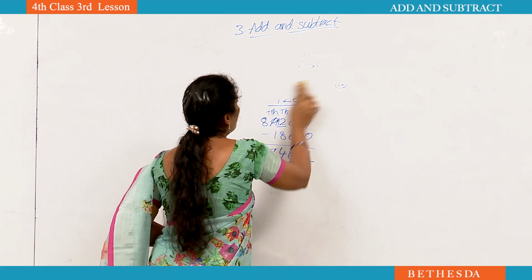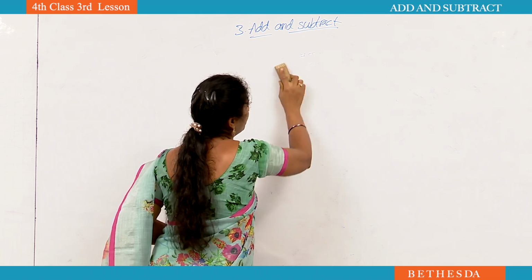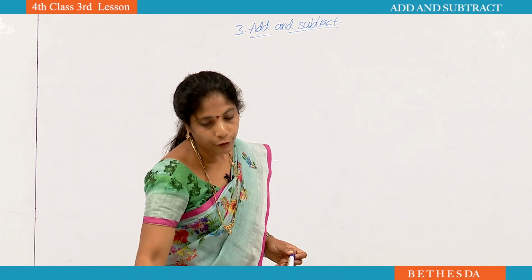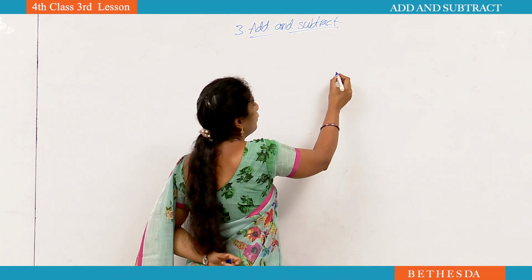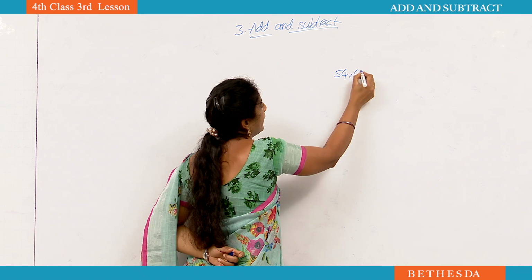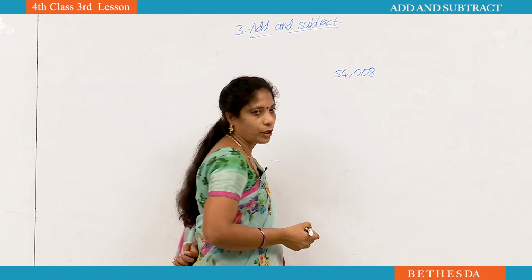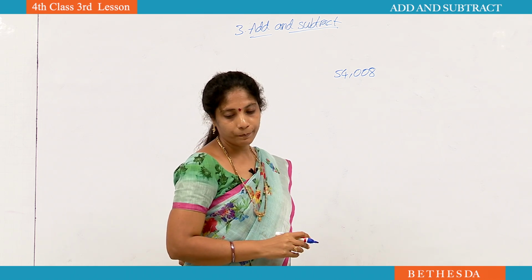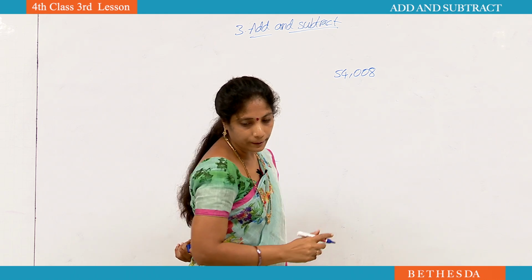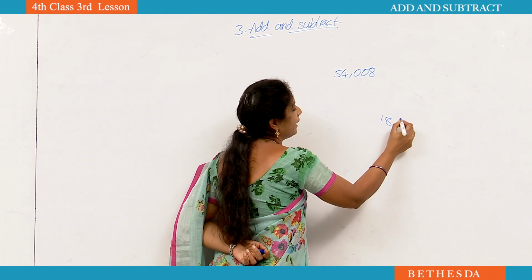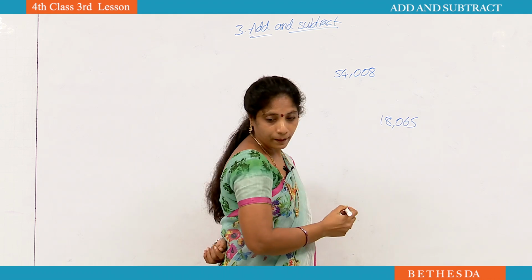See here. Now if you find out the total chocolates produced by morning, I got 54,008. Did all of you get the same answer? Check once. Morning shift only. Okay. Afternoon shift. See here. Afternoon shift 18,065. And